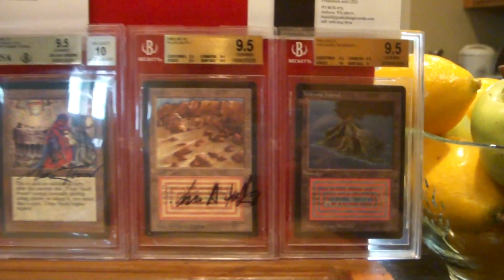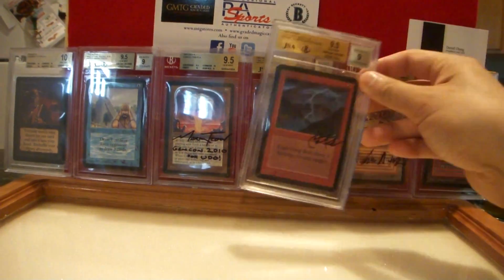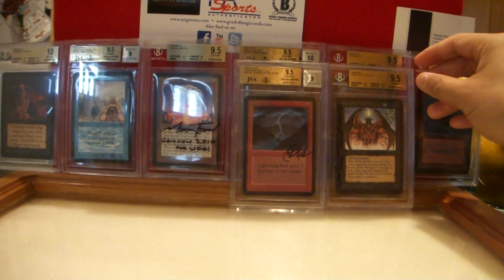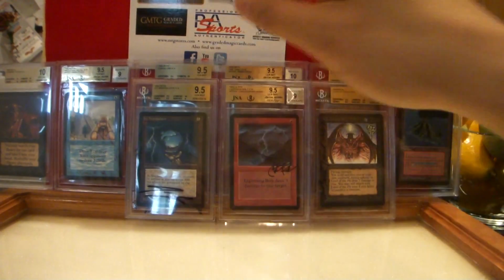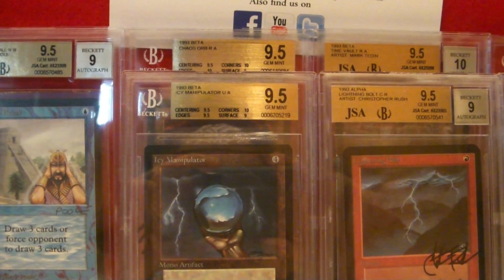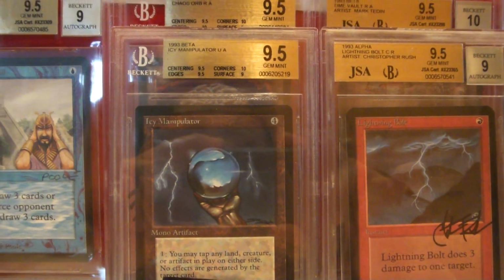Now I also have a couple other pieces here I'm going to put out there. Here are 3 other pieces. This is the Ice Manipulator. I guess we're putting this piece out because it's been reprinted, and this is the original illustration for the Beta set